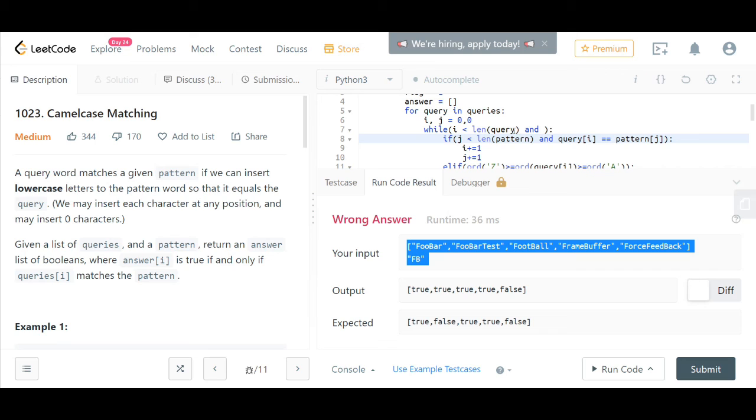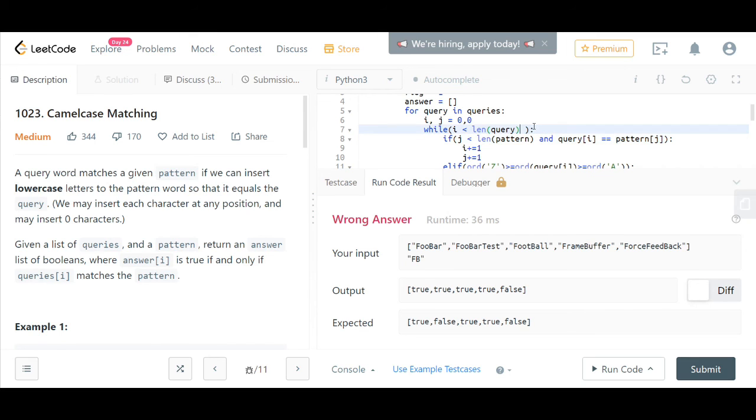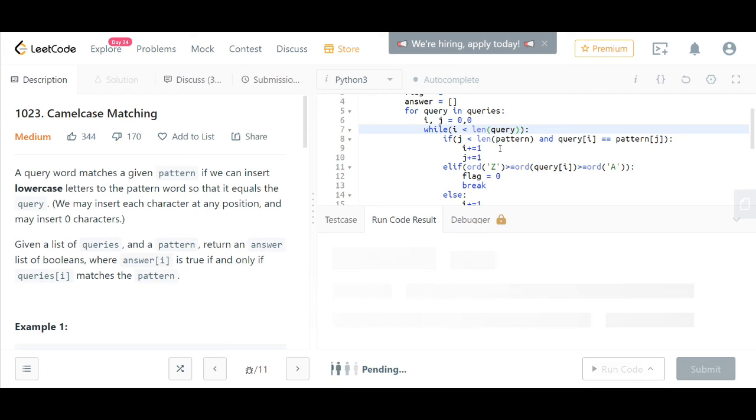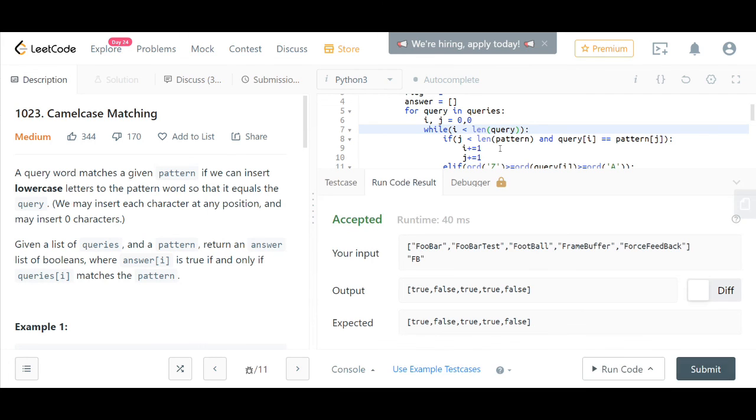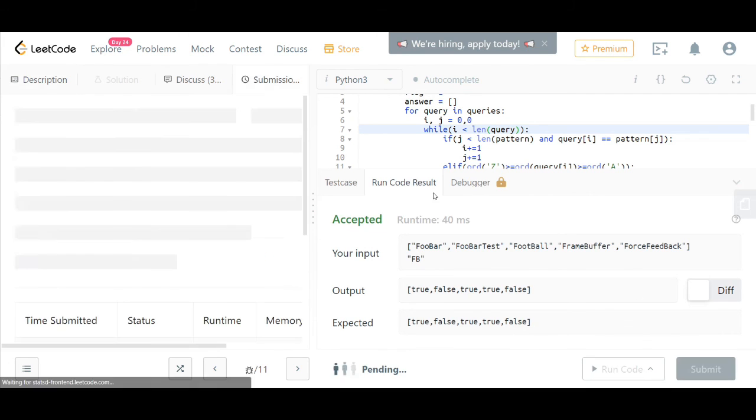So this loop has to run until the end of the query, right? So for that reason, my test case failed for the foobar test query string. So now let me give it a run. Fine. Okay.